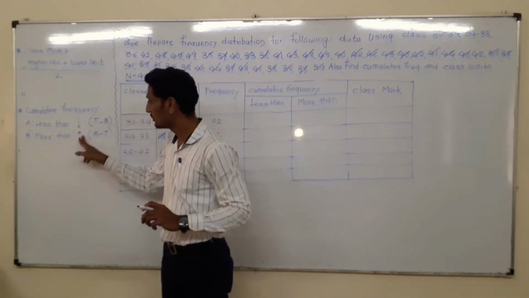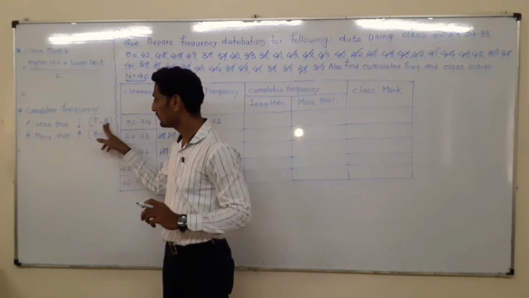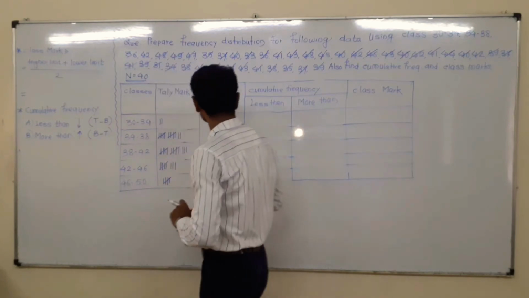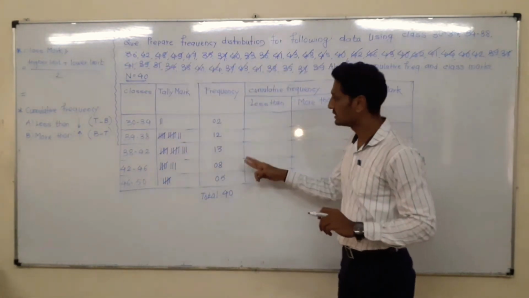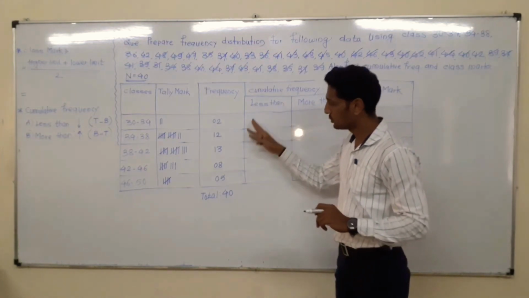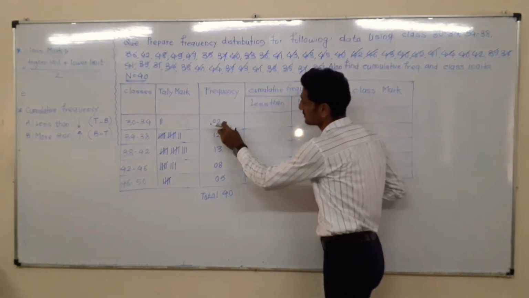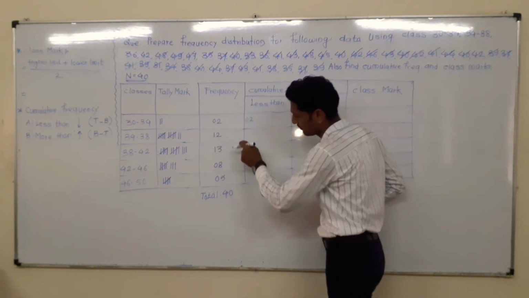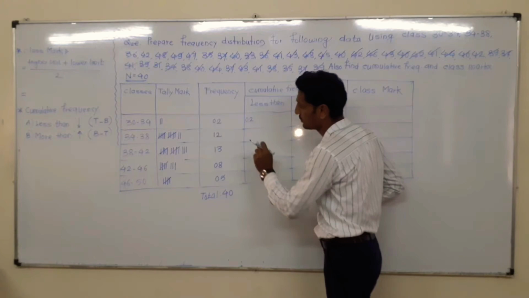I have shown by the arrow, means top to bottom and bottom to top. This is a short trick. Means what? We have this frequency. Now by using the less than cumulative frequency method, we have to count here. The first frequency remains same, and the second one, from top to bottom, we are going to count it. That is 2